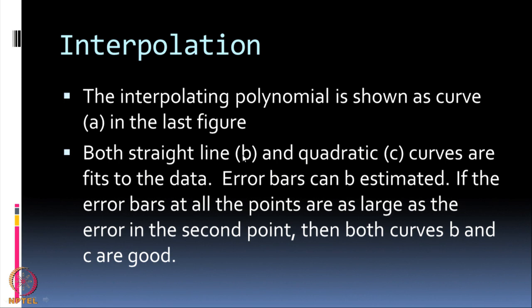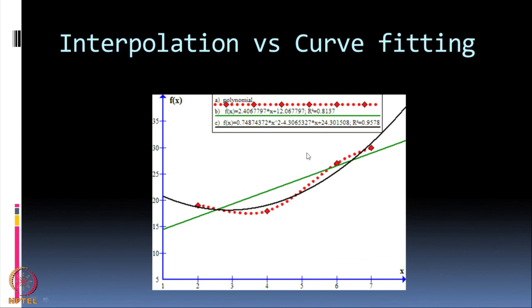Now, the straight line and the quadratic curves are fits to the data. So, when they are fits to the data, you see that I can now estimate error. Suppose I have a quadratic function, the red one is the actual value, the error is roughly of the width between the point and the curve. So, this can be taken as the width. These are all called error bars. At the second point, the error bar is of the order of, so it is 15, 20. If this is 5 units, the error is of the order of 2 units.